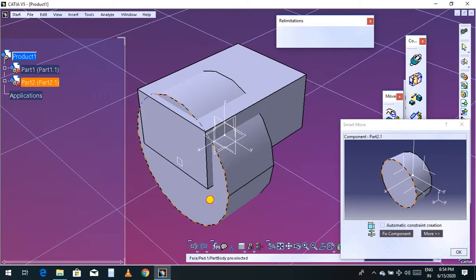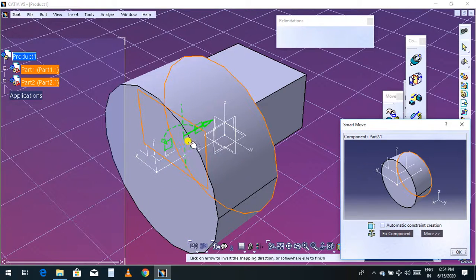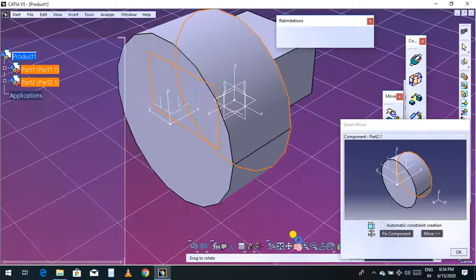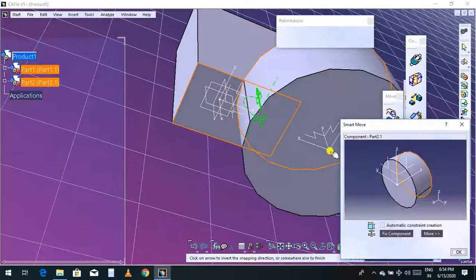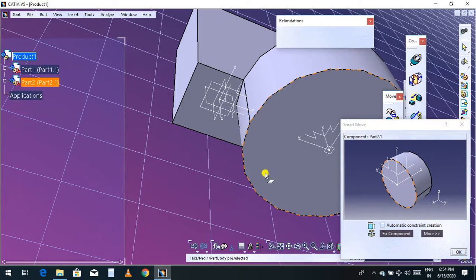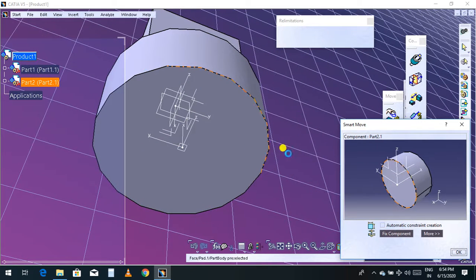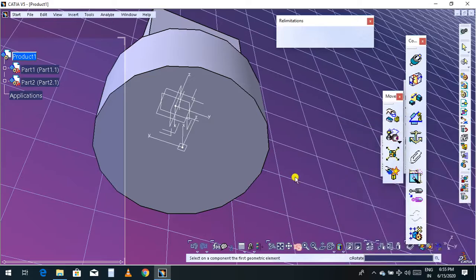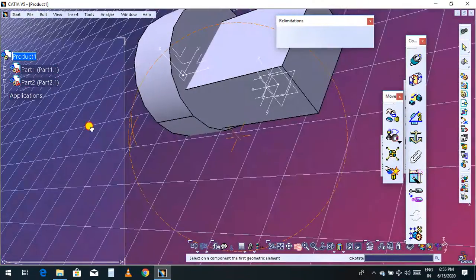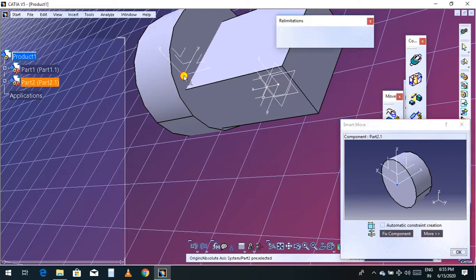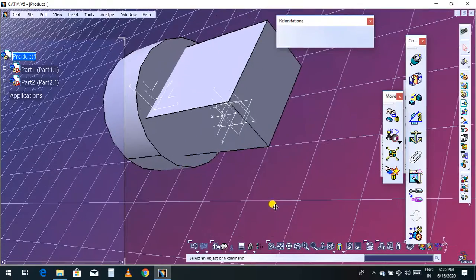Now I'll choose this face and settle it on this surface. Now just rotate, you can see. Click OK. So now this part is ready.